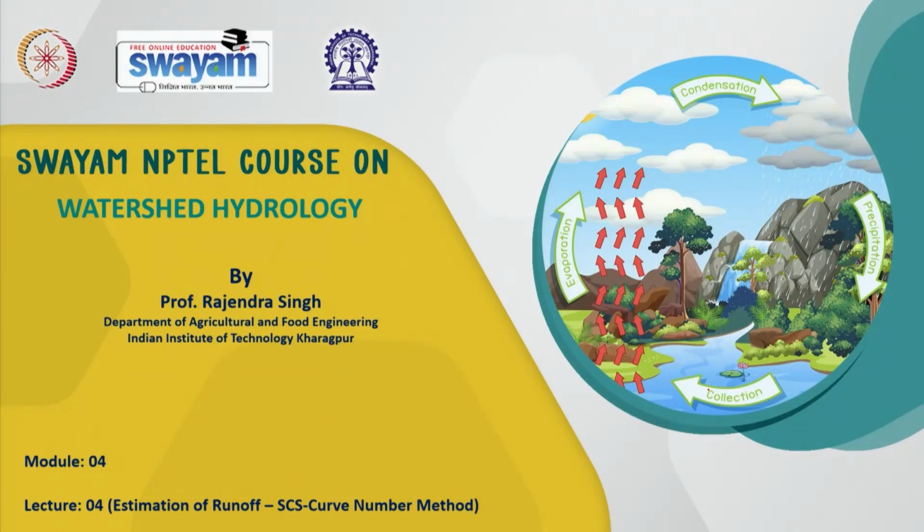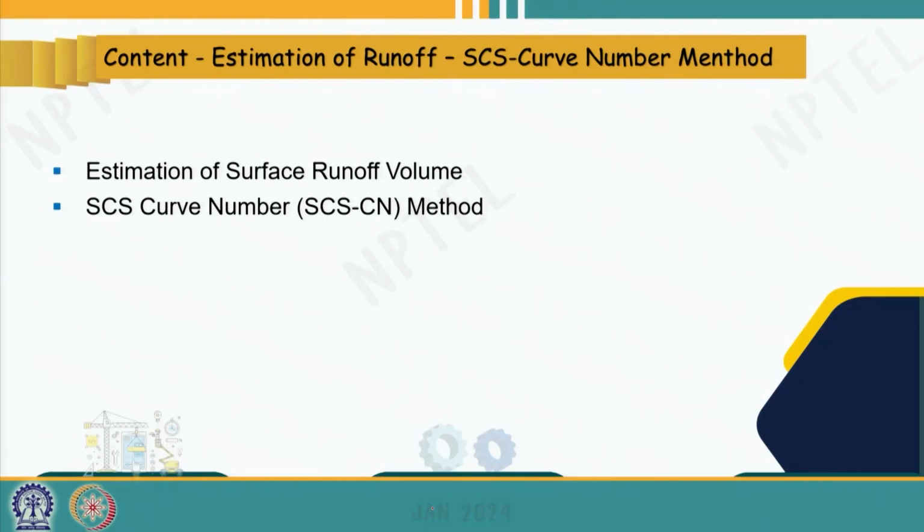We are in module 4. This is lecture 4 and we are still continuing with the estimation of runoff, and today we will see another method called SCS-Curve number method for estimating runoff. Of course, SCS-Curve number method is used for estimating surface runoff volume. So, we will first talk about the estimation of surface runoff volume and then we will go into SCS-Curve number